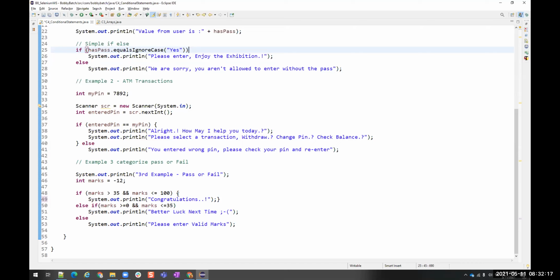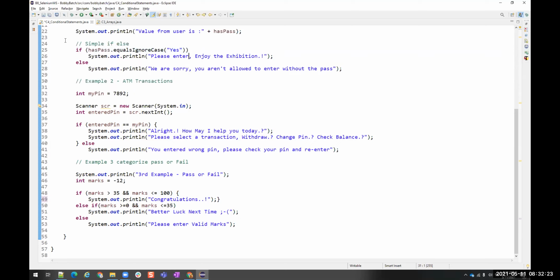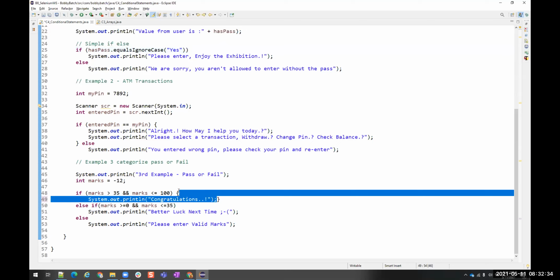If I only told you that this is the syntax, then when you see one like this, you might think braces are not there, so this might be the wrong one. That is the reason I'm showing you both with and without braces. In real time, most of the time we use the one with braces.